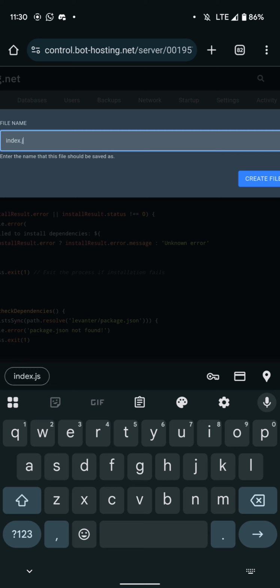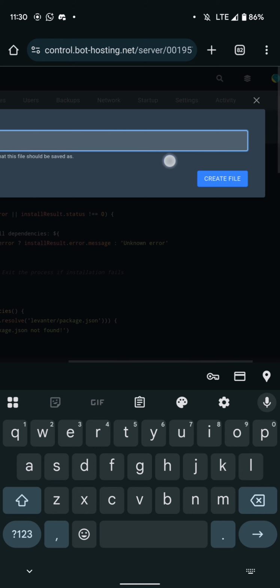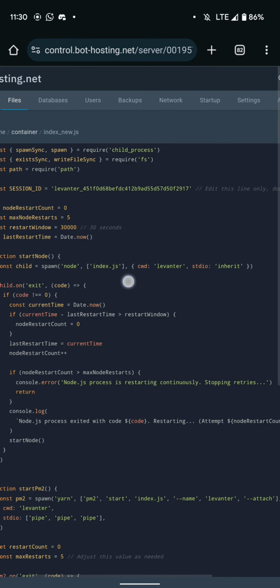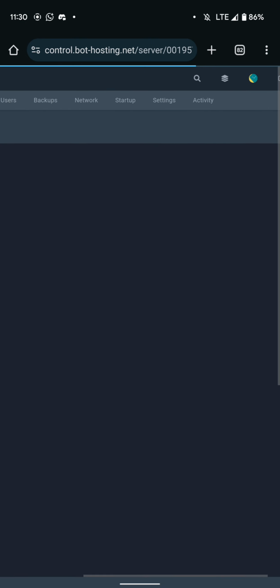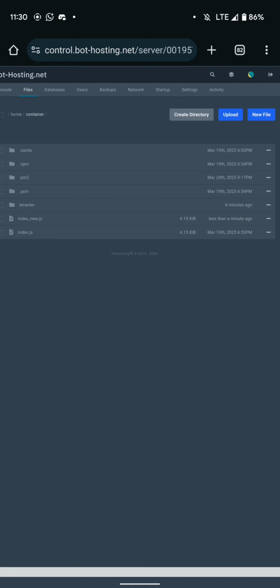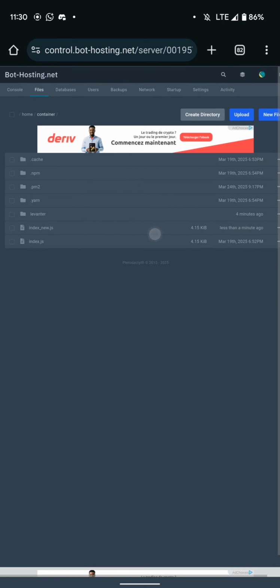But I will just add a JS new to it, because I already have an index.js here. So you just create an index.js. Okay, I'll just place the index.js new and I click on create. When I click on create, I can now go back and refresh. So you see this file index.js. Now you head out to your console, right? Once you click on your console,